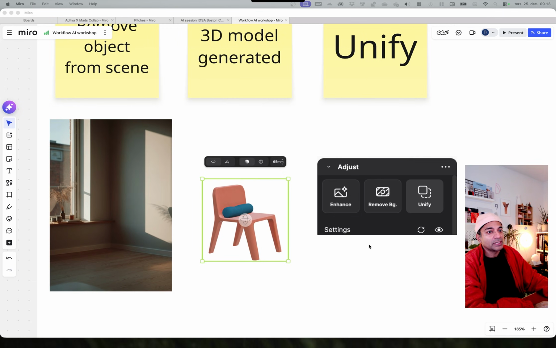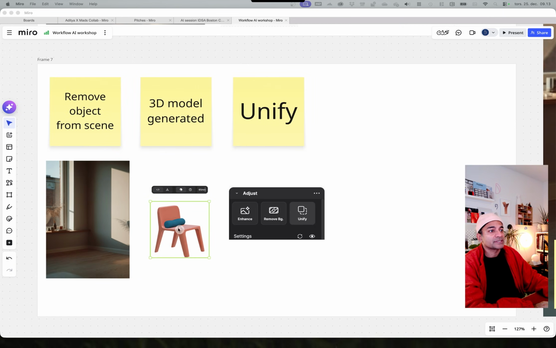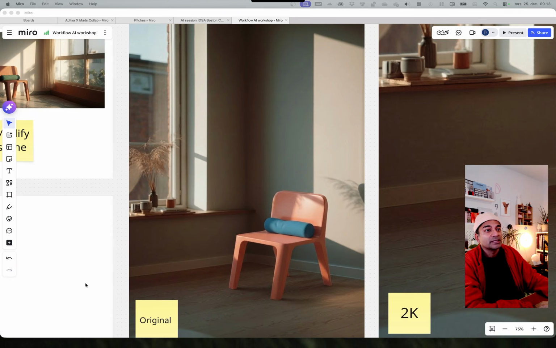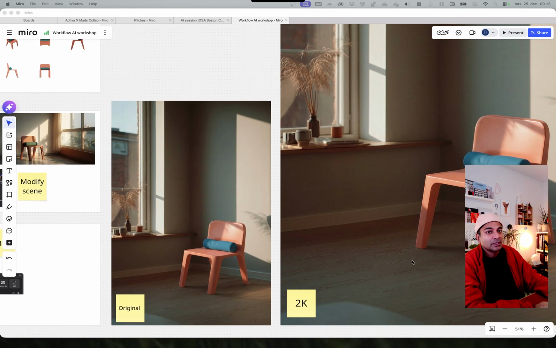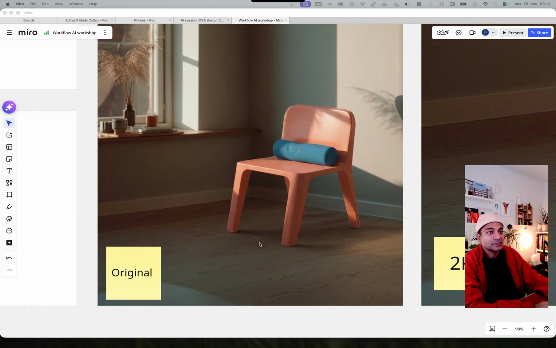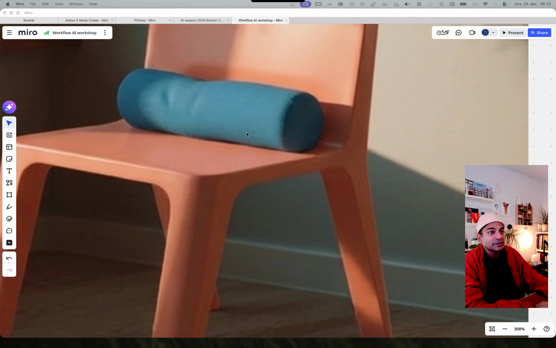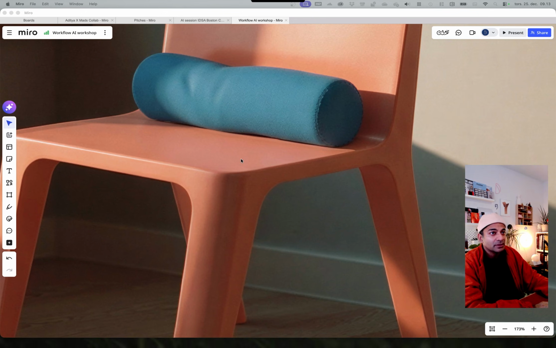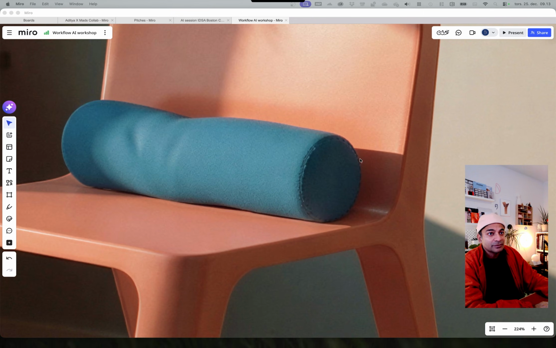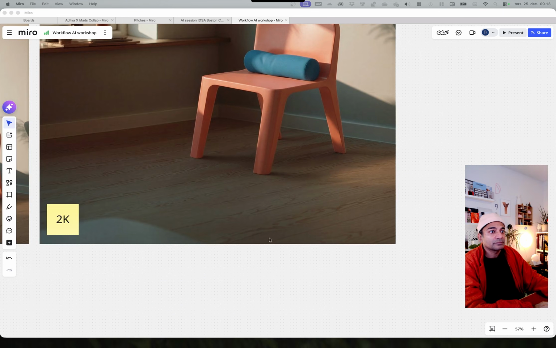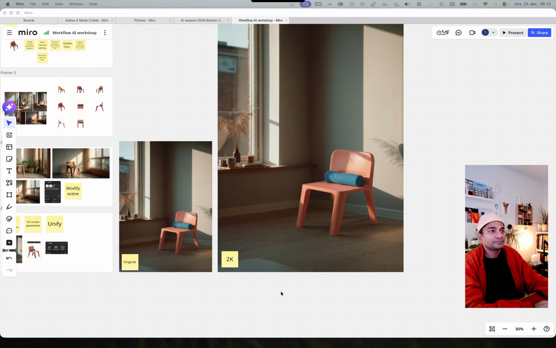And then we used the Unify under the adjust inside of the studio workspace, and these are the results that came out of that, and I scaled up. So one of them is the original scale, and you can see the quality, whereas here's the scaled up twice version. It's a lot better, at least. So yeah, we had these two